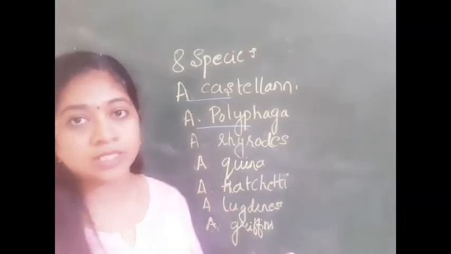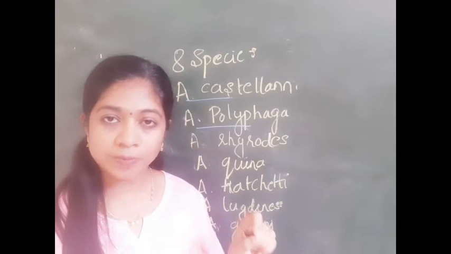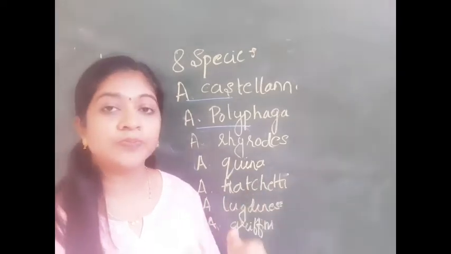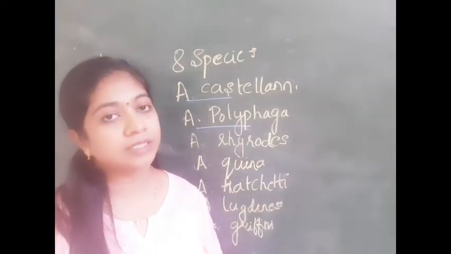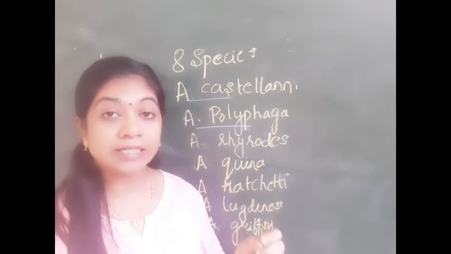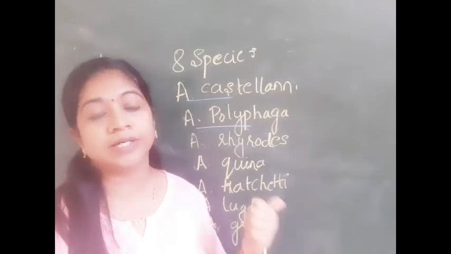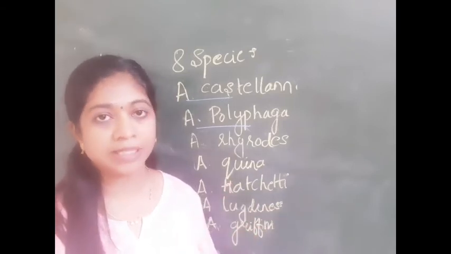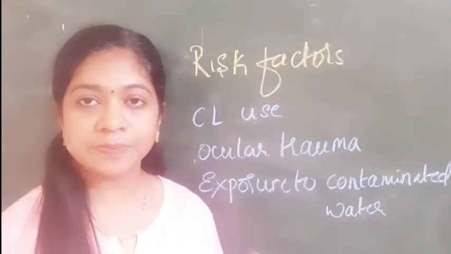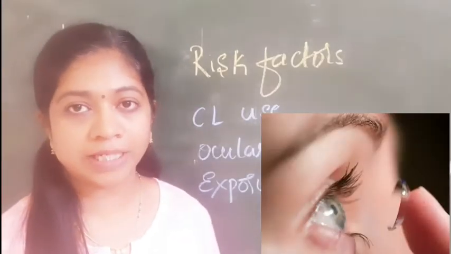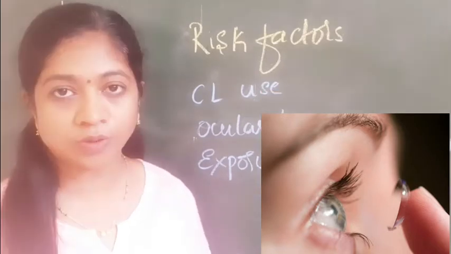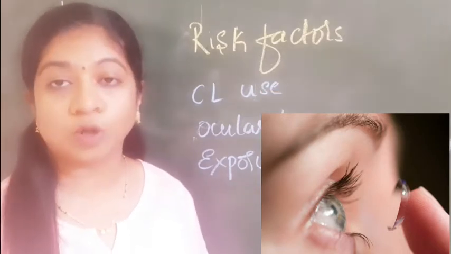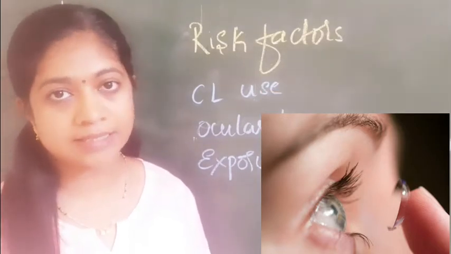So how this will cause a human infection? So in the immunocompromised patients, this acanthamoeba will lead to acanthamoeba encephalitis as well as the cutaneous acanthamoebiasis. Whereas in immunocompetent patients, it can lead to the corneal infection, that is the acanthamoeba keratitis. Okay. So whenever we speak of acanthamoeba, what comes to our mind immediately is the contact lens usage.